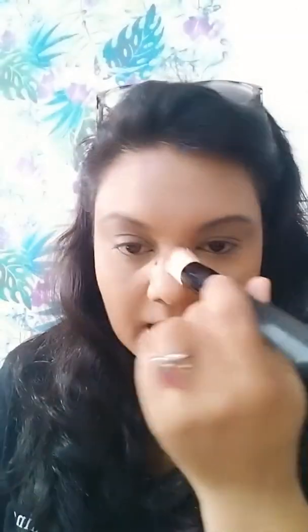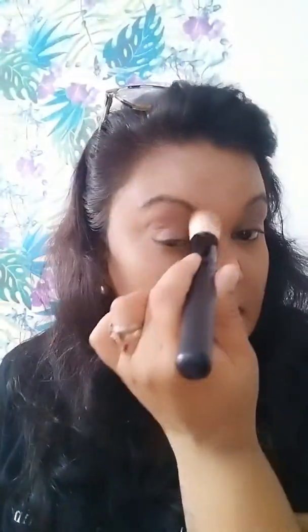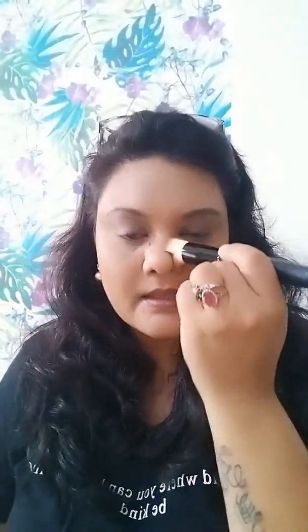So this is what I like to do. A little bit remaining on the brush, I try to put on my eyelid. So this is what I do here. Now you see the entire product has gone into my skin. You just cannot see those droplets or anything that I had applied on my face. So the real key to get that flawless look is to take the foundation brush and blend it